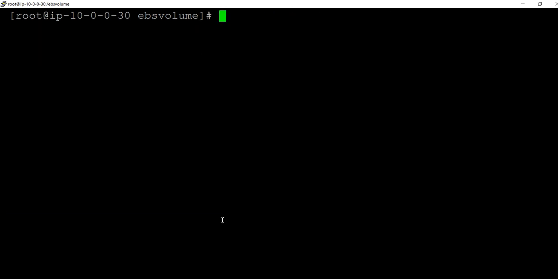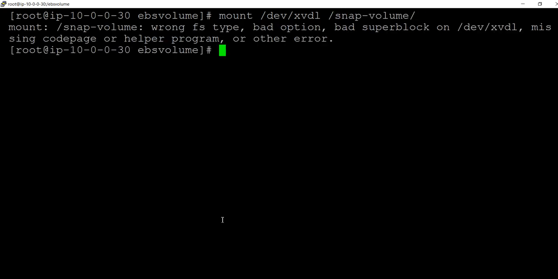Okay, then mount, /dev/xvdl and /snap volume. Missing codepage or helper. Just a moment, we will verify what the issue is here.